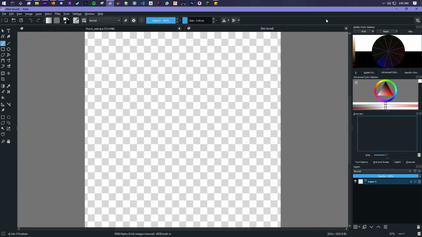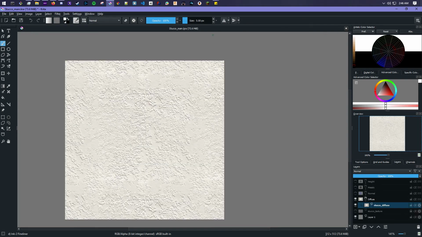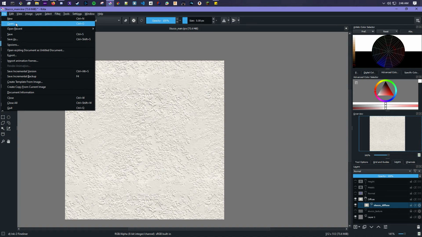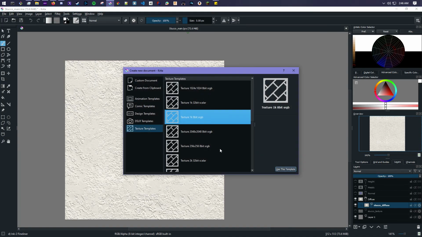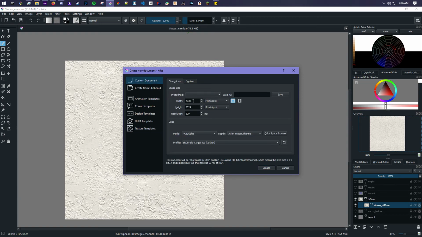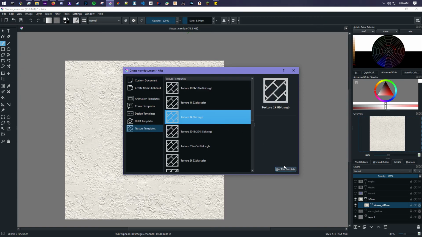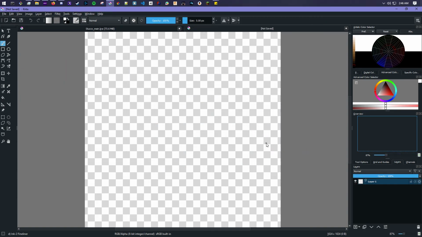So let me back up here. You just want to go File, New. You can use whatever size texture. In this one, I'm going to make a 1K texture. It doesn't really matter. You don't have to use these templates either. You can do a custom document and then just set the width. I would try to keep your PPI 300, but other than that, you can set your width and height for whatever you need to. I'm just going to use this for now. This just gives us a blank